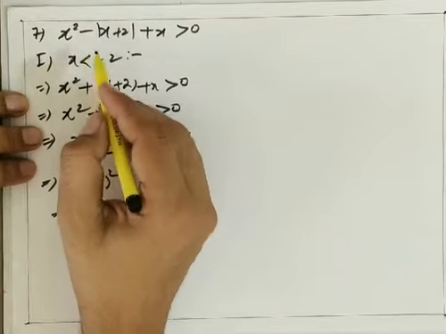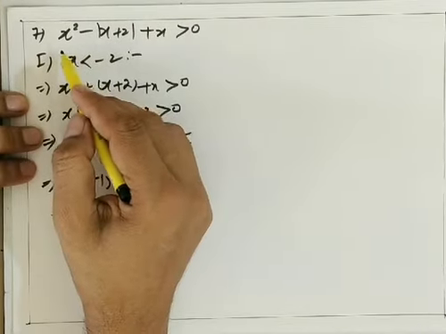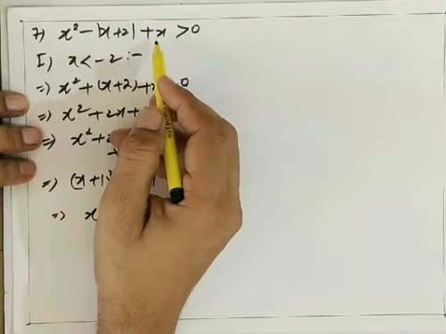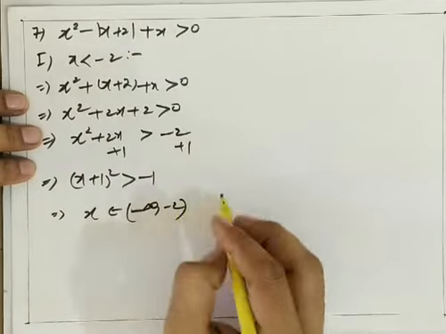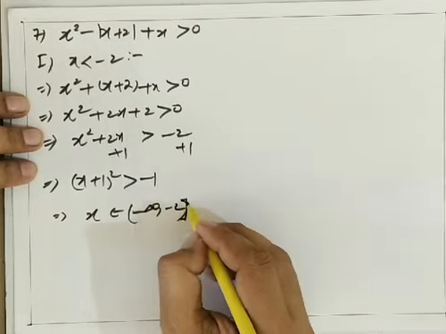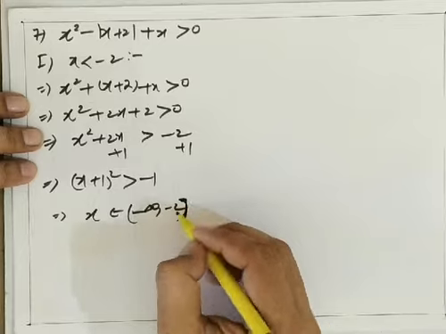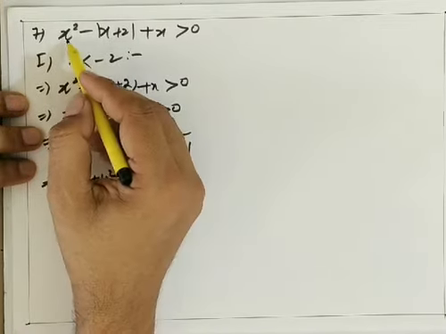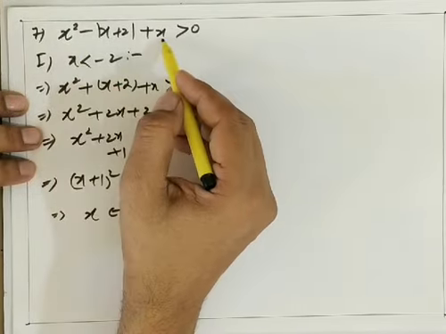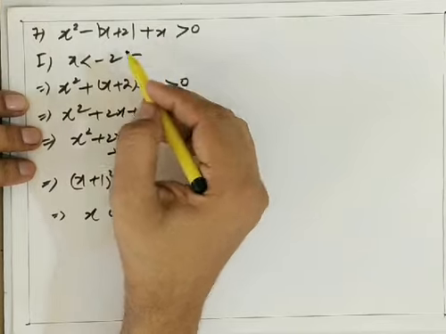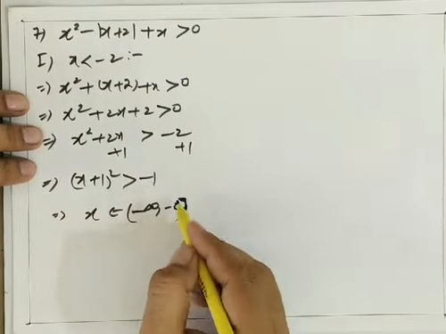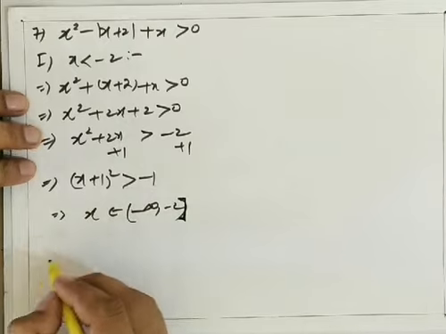If I put -2 over here, I will get 4 - 2 as 2, which is satisfying over here. So that means we will consider a square bracket over here. -2 will also be considered, because -2 is satisfying. We will get 4 over here, 4 - 2 is 2, and this is 0. That means 2 is greater than 0. It is satisfying. That means I will put a square bracket over here.